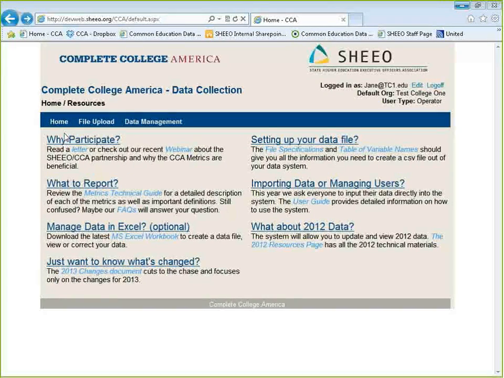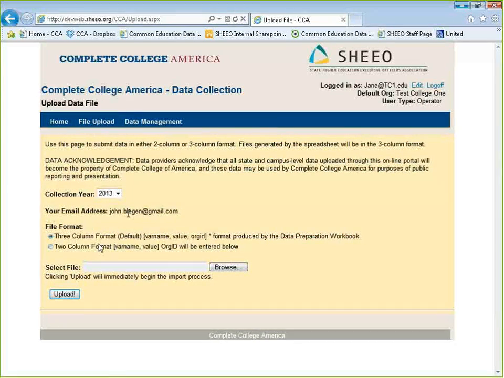After she's worked with the IT department and set up a schedule, and they come back to her promptly with the data prepared, then she needs to go to the file upload. So she has the IT department or whoever's prepared her file for her has created it, and she goes to this form. Here there's a choice of a 3-column format or a 2-column format. And for those of you from last year, remember we started out with a 2-column format. Well, we are now